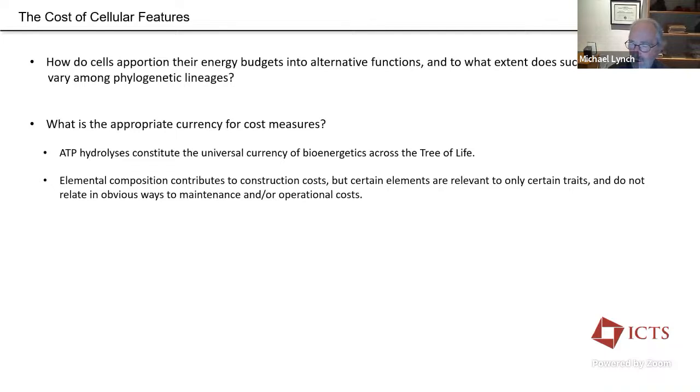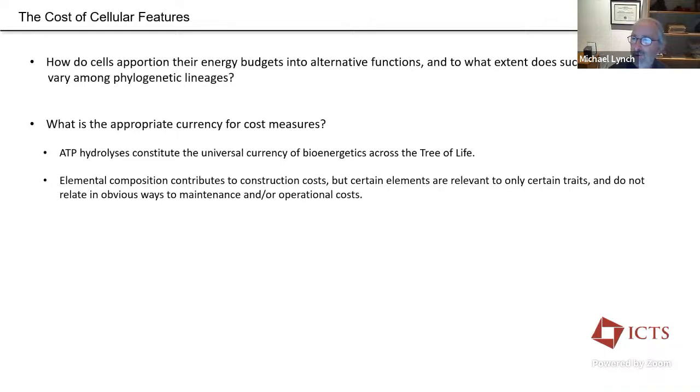This is the universal energy currency in cells across the tree of life. All organisms use ATP for most of their bioenergetic transactions. GTP and CTP are occasionally used, but we can make a parallel transformation with those. And then there are other things that get involved, like NADH and FADH. I'm getting into some biochemistry.